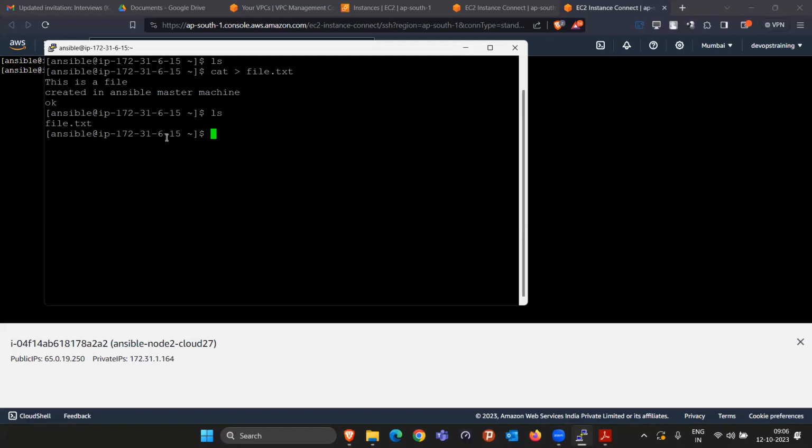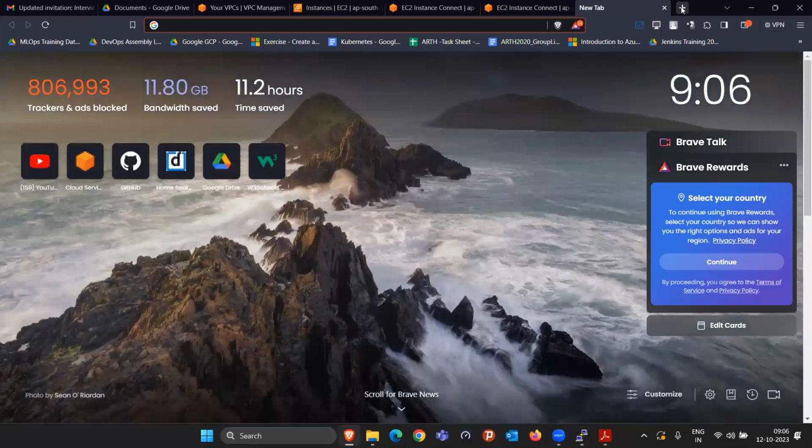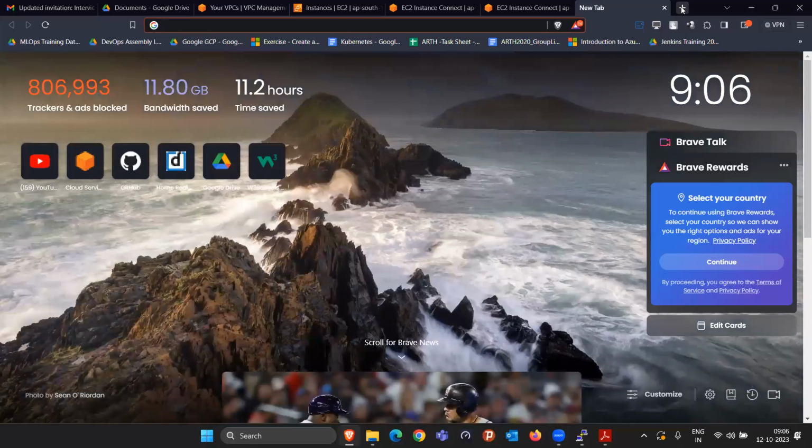Now somebody is asking me, can you share this particular file.txt to all the worker nodes that are available? In my case, currently there are only two worker nodes. So I want this particular file to be moved to this machine and this machine also, right? To do that, what you can do is, first we